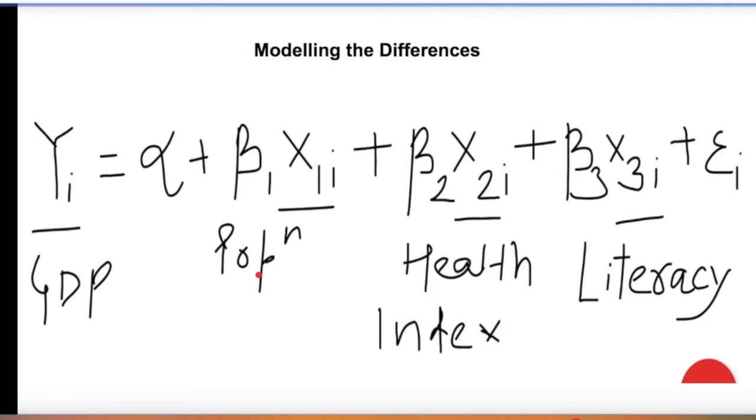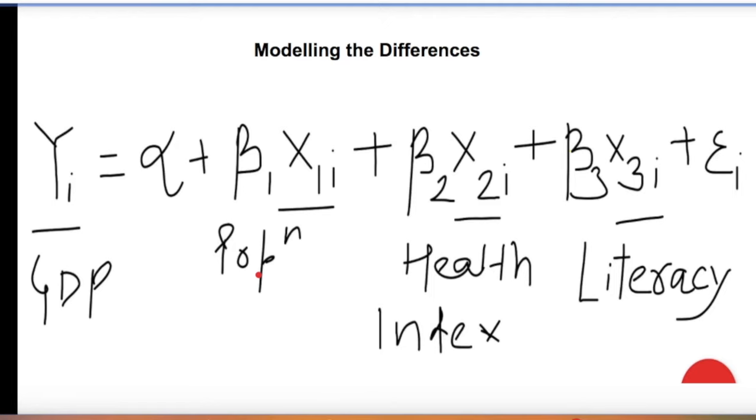So suppose you know that maybe population is a factor. Maybe one economy has a higher population as compared to the other economy, and maybe that's the reason why the economic resources they have are lesser relatively. The per capita availability of resources is lesser because the population in one economy is way higher than in the other. And then you also know that there is a problem of health. You do not have good health conditions in one economy and the other economy has better health conditions.